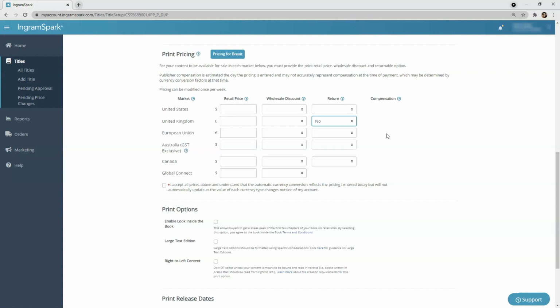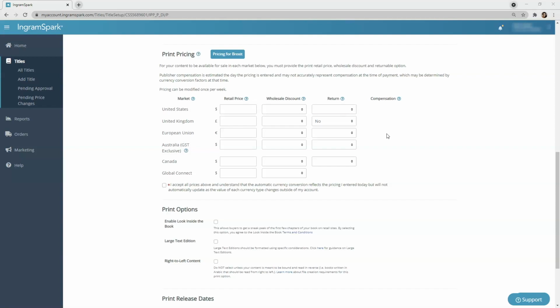You can also change your return status from being non-returnable to returnable, but any books purchased while your book was non-returnable can be returned to us later once your book is returnable. If you choose to make your book returnable and we receive returns, those will be deducted from your publisher compensation. If there isn't enough compensation to cover the deduction, then the remainder may be invoiced to you for payment. Deciding to accept returns is something you should carefully consider. If you'd like to learn more, I recommend visiting our Distribution Returns Information Help Center article.